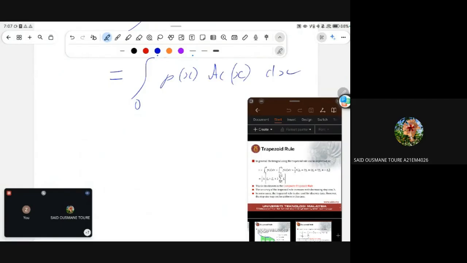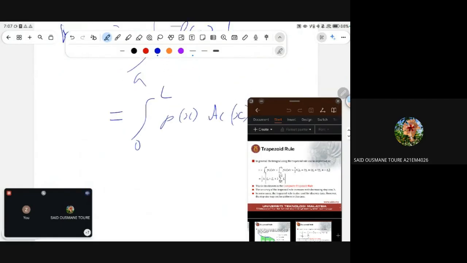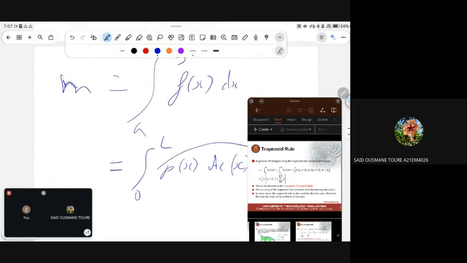Clear? Now they say that if you consider this to be f of x,